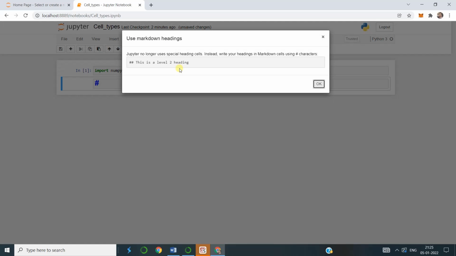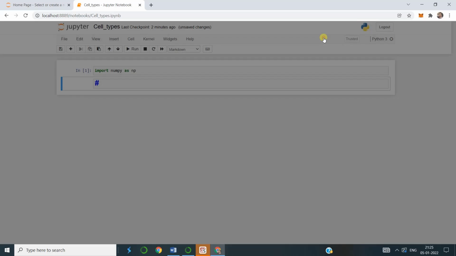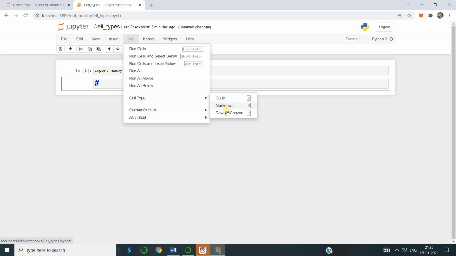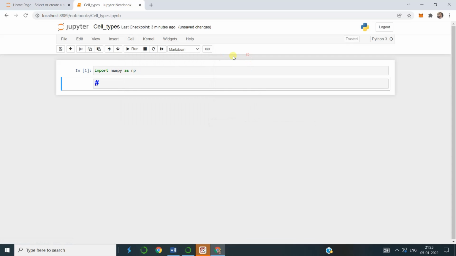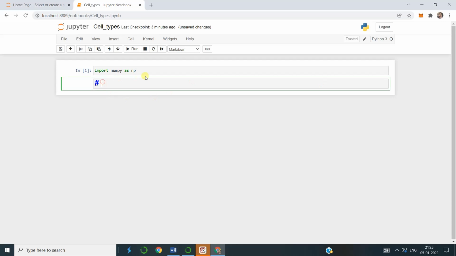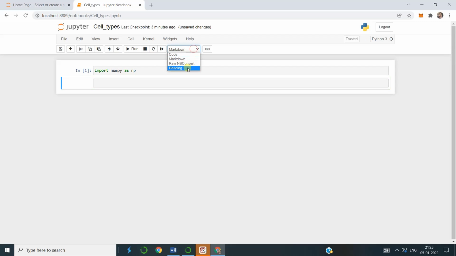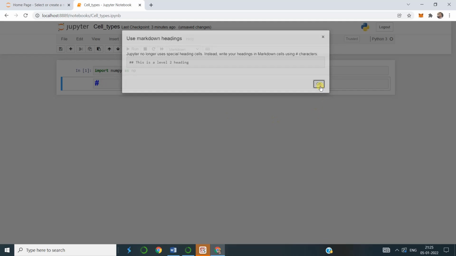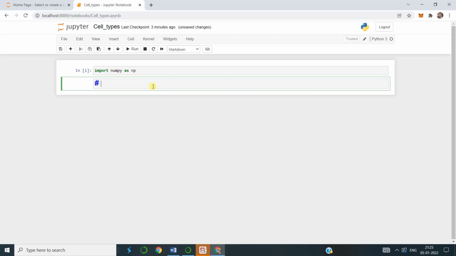So if you check the heading type, you can see this is no longer used. Okay, so that's why we only have three options here in the cell type: code, markdown, and raw NBConvert. Okay, so anyway, when we are taking the heading, we will be getting a message saying that we can use markdown instead. Okay, so if we are using the heading, what happens? Immediately you will get a hash, a special character coming here,